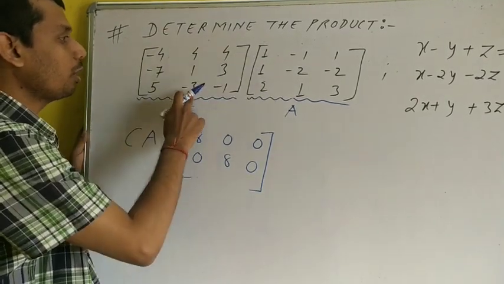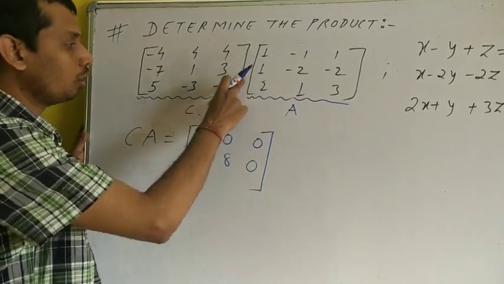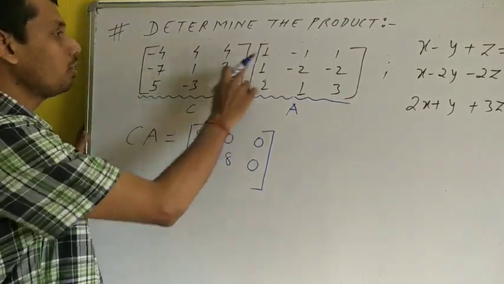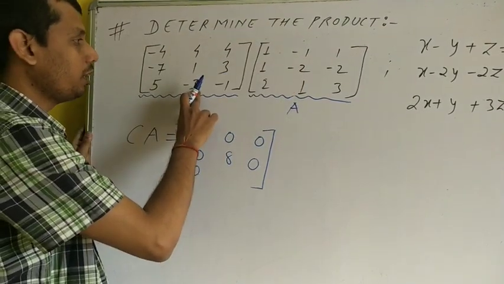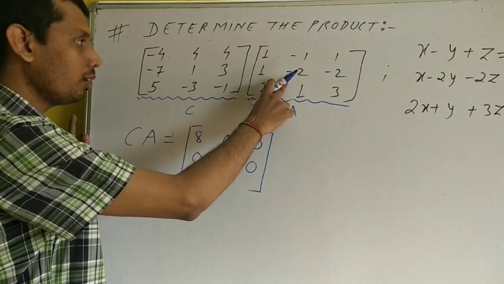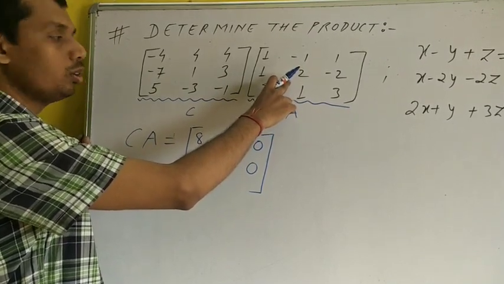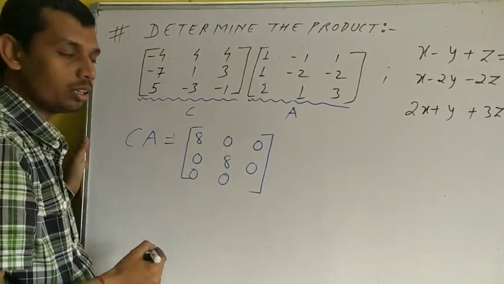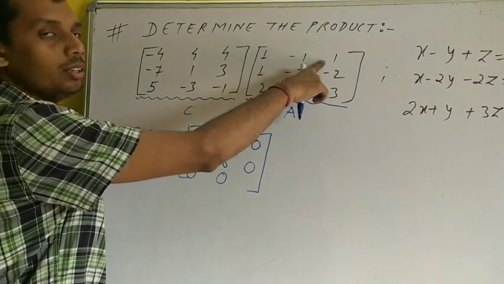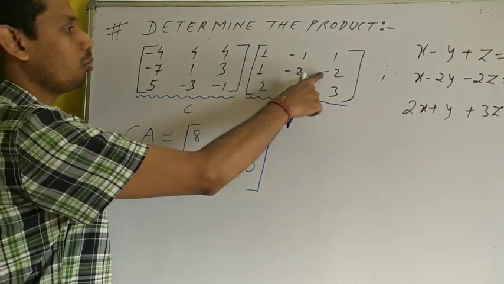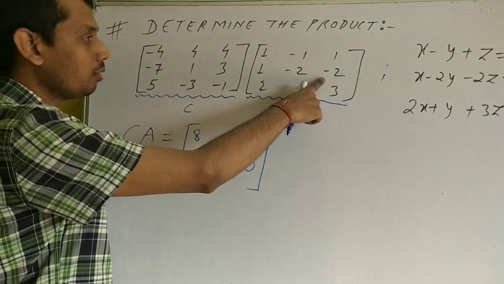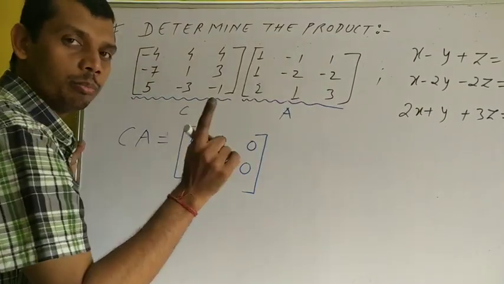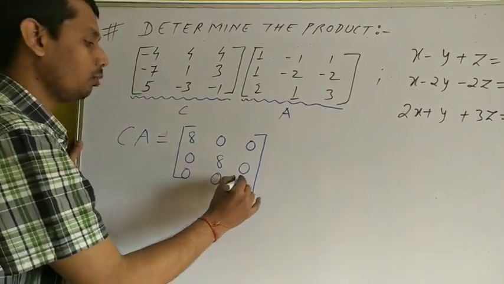3 into 3 plus 9, so minus 9 plus 9 will be equal to 0. Now 5 into 1, 5, minus 3 into 1, minus 3, 5 minus 3, 2. Minus 1 into 2, minus 2, so again 2 minus 2 will be equal to 0. 5 into minus 1, minus 5, minus 3 into minus 2, 6, plus 6 and minus 5, that will be equal to 1, and minus 1 into 1, minus 1, so again 1 minus 1 will be equal to 0. 5 into 1, this is 5, minus 3 into minus 2, this is plus 6, so 6 plus 5 will be equal to 11, and minus 1 into 3, minus 3, so if we subtract 3 from 11, we'll get 8.